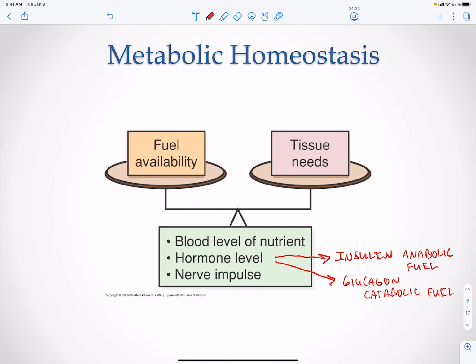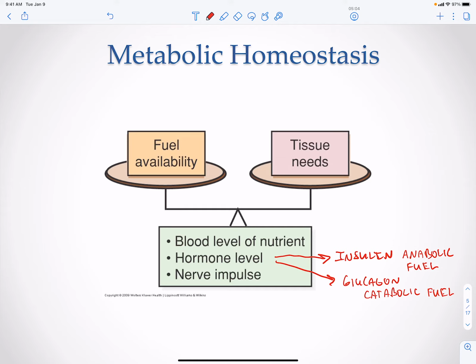And so during the fed state, when you have insulin, the fuel for the cell is coming from the actual foods that you eat. And for glucagon, the fuel for the cell is coming from breaking down of storage of fuel sources. Now, there also is going to be nerve input. So we're going to have the central nervous system that has signals also. And the signals can be various. It can be from stress to sleep. So there are many signals that the central nervous system is also going to input.